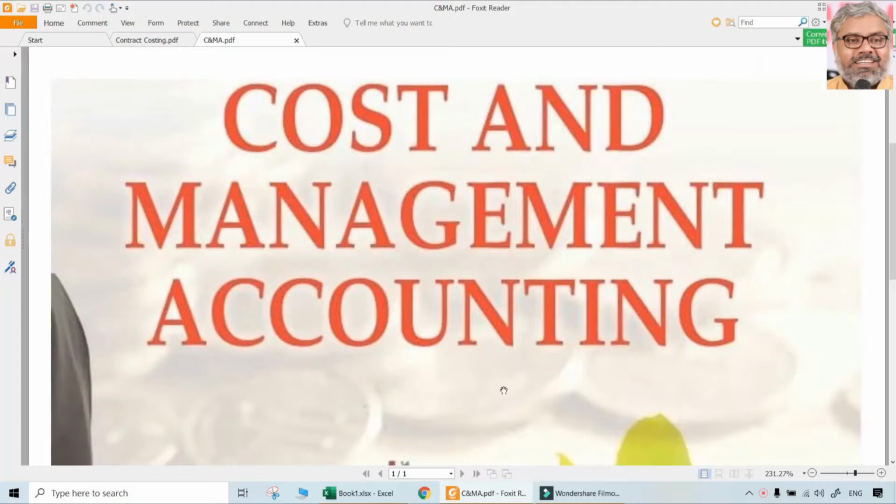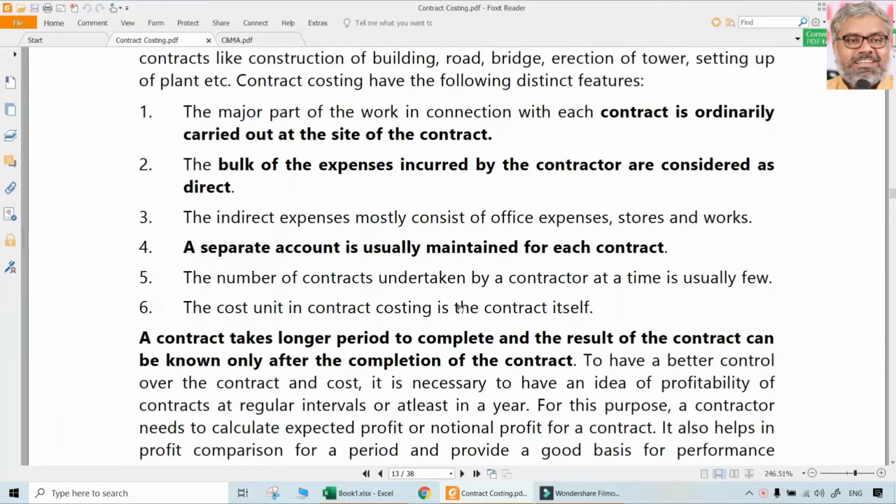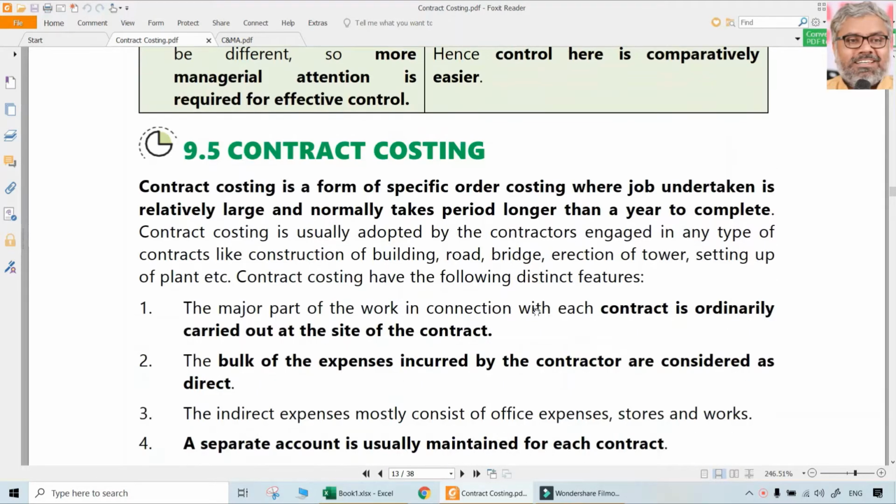Today let's focus on contract costing, which is an extension of job costing but completely different from job costing. Though by definition we can say a contract is nothing but a bigger job, the principles of job costing are different, because usually job costs are calculated on the basis of the actual materials and labor used in the job, applying the predetermined overhead rates which have already been calculated for the organization as a whole.